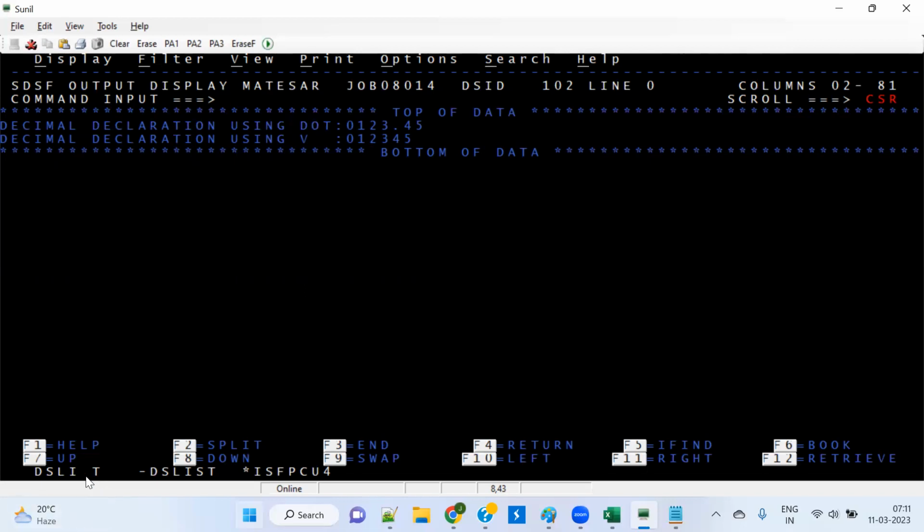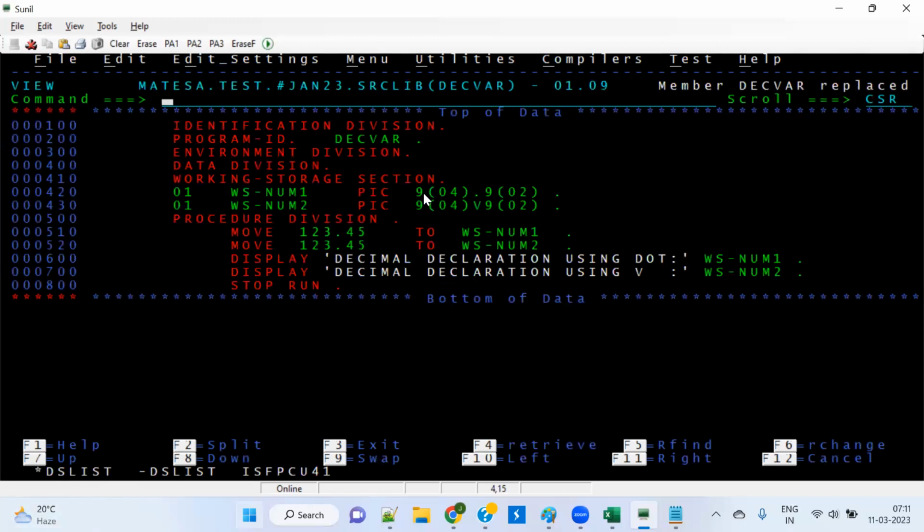That means if they're asking how many bytes this will occupy, it will occupy 7 bytes: 4 plus 2 is 6, plus the dot extra, 7 bytes. But the V version will occupy only 6 bytes, with no extra space for the dot. So in an interview, they will give you some numbers and ask how many bytes it will occupy. This will occupy 7, this will occupy 6. But both will be acting the same, for example,